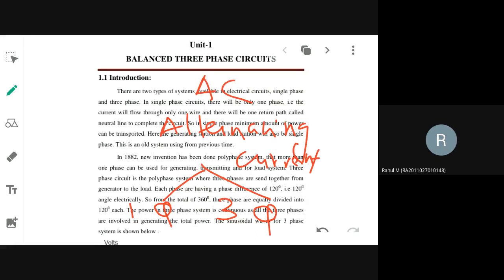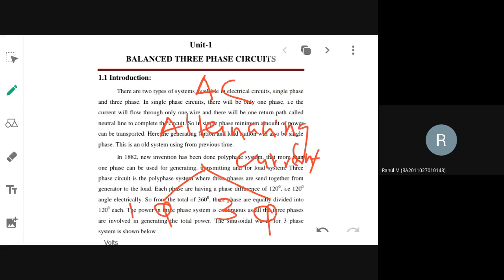But on the other hand, most people will be satisfied with single phase supply only, because it is sufficient for running most of the appliances that you have told me. They are capable of running on a single phase supply only. Sometimes if power is not there in one single phase, you will move to the changeover switch and change it to another phase.